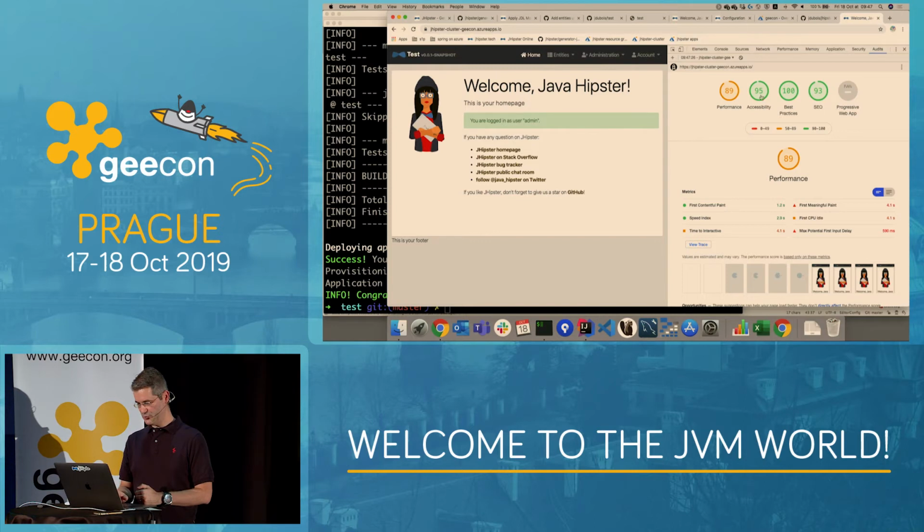And best practice is 100, accessibility is really good. SEO is really good. So we have done a lot of work on the JHipster team for that. Of course, this may vary between React and Vue.js. I think the Vue.js numbers are really, really impressive. They are even better.